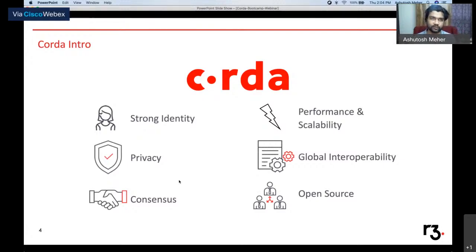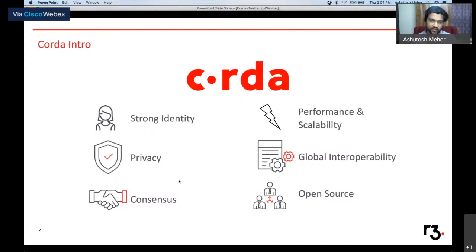And why is that? Because we looked at all the traditional blockchains which were there in the market, and we tried to see which of them were more fit for businesses, and we tried to adapt the good things in them while making sure that when we developed Corda, it became more and more suitable for businesses, and they're actually able to use this blockchain technology in a meaningful way in their business solutions. So that's where we took some design decisions, and that's where Corda stands out from the other